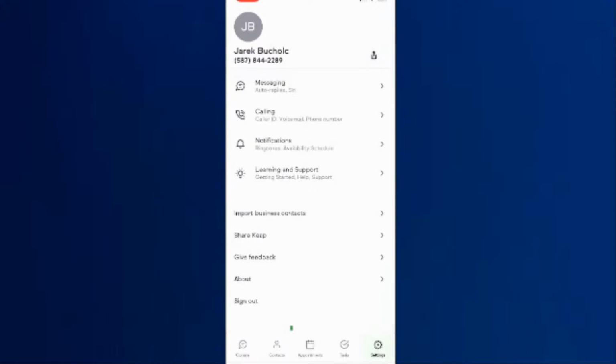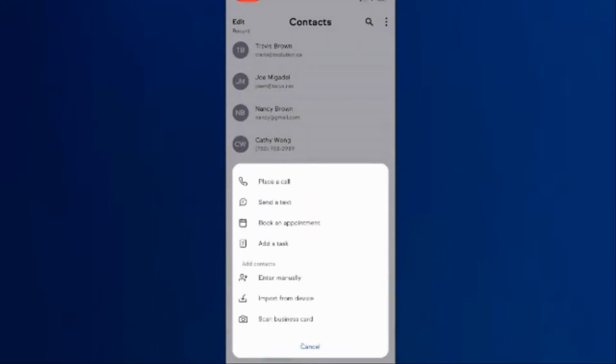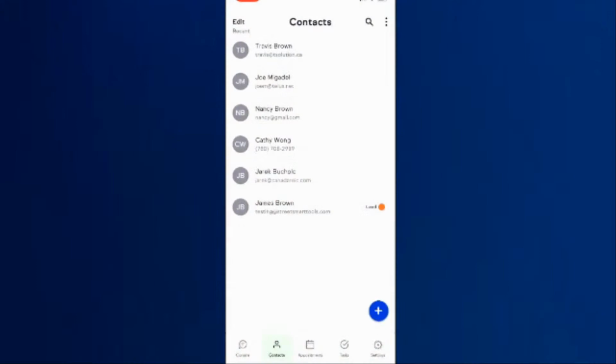So if you click contacts, click that plus sign, then import from the device, enter manually, or scan a business card. Have you ever seen applications you had to pay for before, right? Just to let you know, those contacts are fake, so there is no worry except for my contact information.